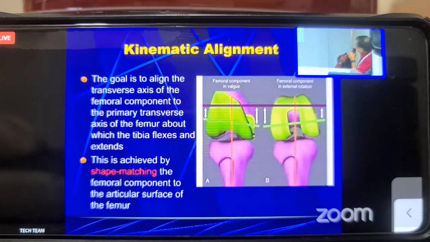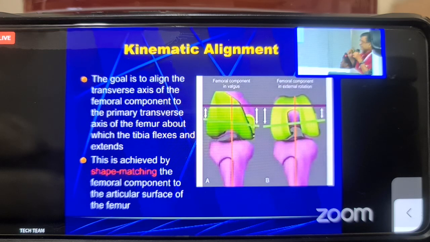So, in kinematic alignment, the goal is to align the transverse axis of the femoral component to the primary transverse axis of the femur, to which the tibia flexes and extends. And this is achieved by a technique which is called shape matching. Now, this is a very difficult procedure to do with the currently available jigs. This used to be done by a particular computer software which was utilized to make the patient-specific jig. So all this was incorporated in the patient-specific jig, which you applied on the femur,